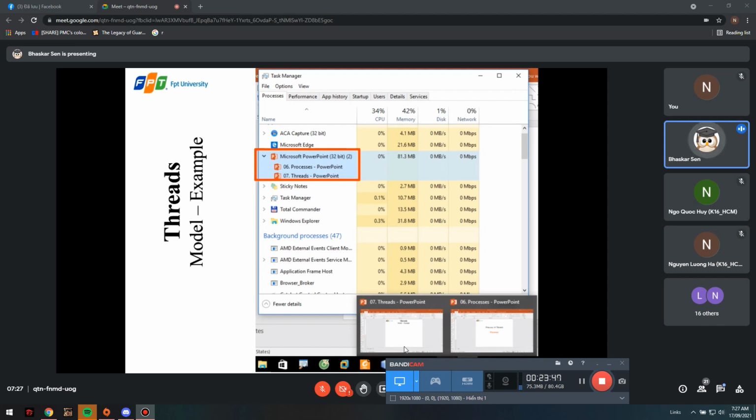It is a process table, and since it's a process table, we call it a task manager. But one of the interesting things that you can see is